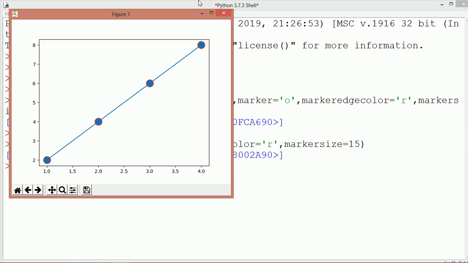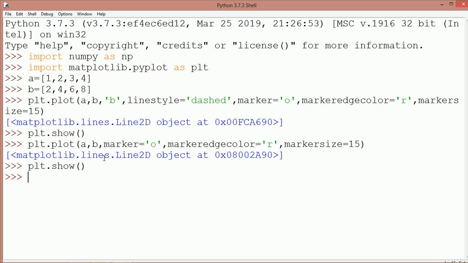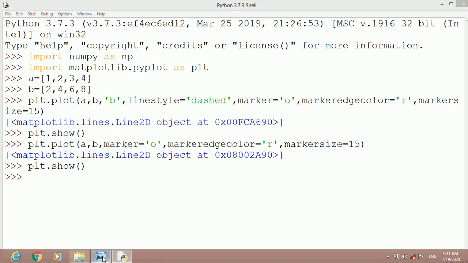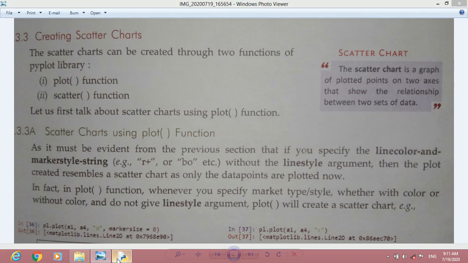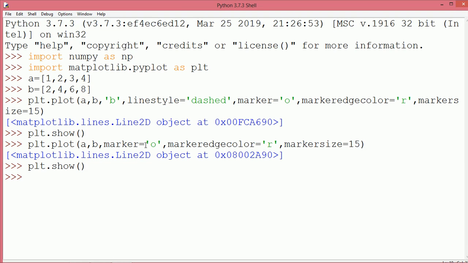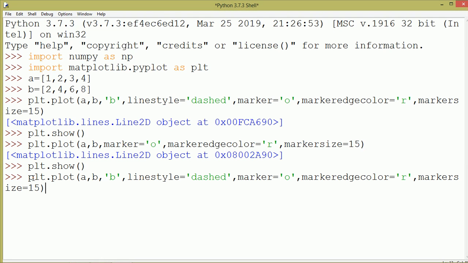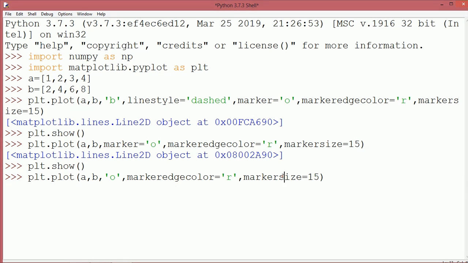Okay, some problem is there. Yeah, we have not combined here, so let us check there first. As here it is combined, so what we would write here, we don't write marker, only just write as a combination. Okay, Control V, let us just write as a combination with color or without color. Now you can see, I hope it will be correct.